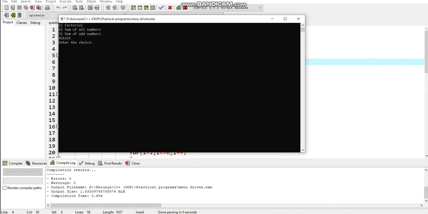So I am choosing the case 1 factorial, the factorial of 10. So this is the output of the 10. In the second case, I'm choosing second case.